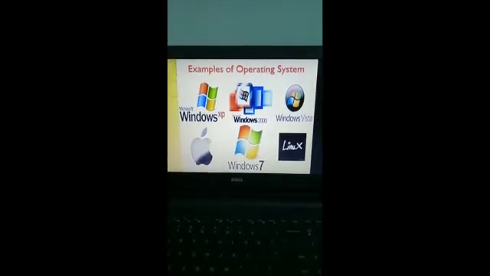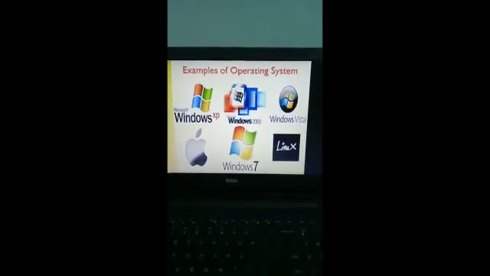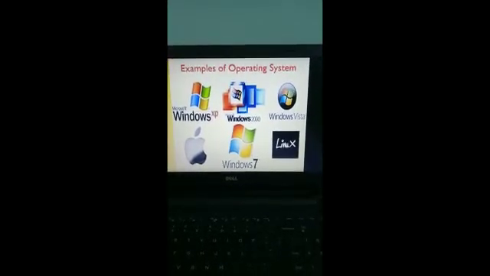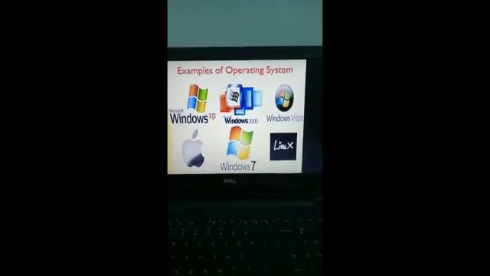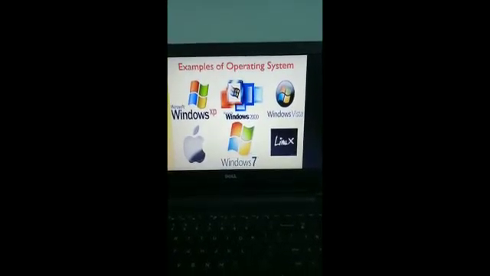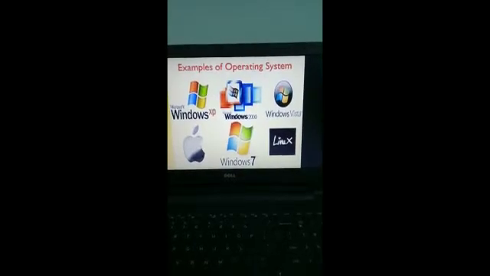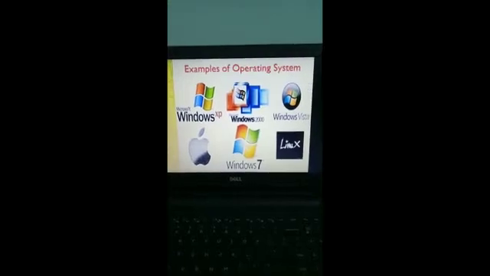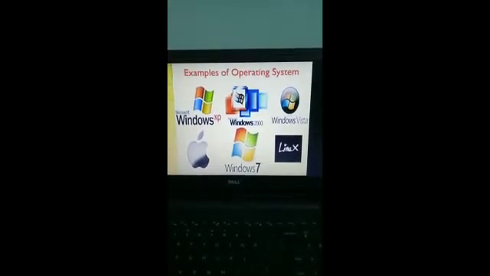These are the examples of operating system: Windows XP, Windows 2000, Windows Vista, Windows 7, Linux. These are the most common operating systems which are in use.